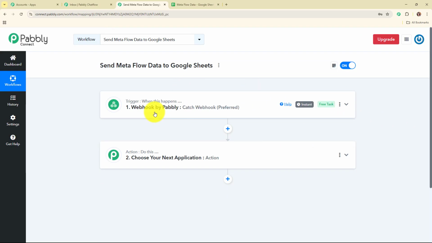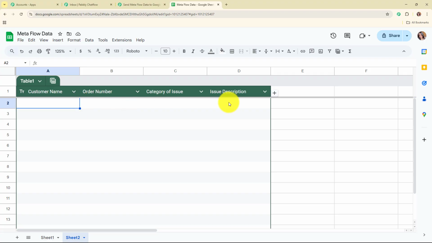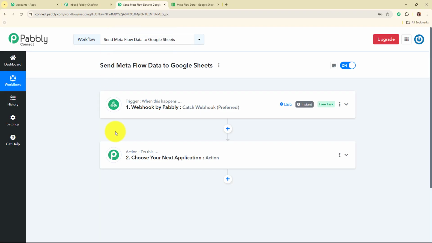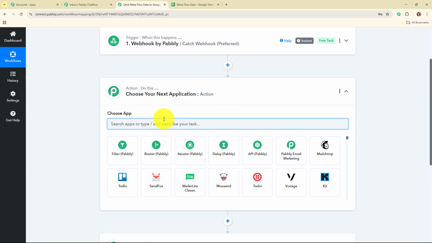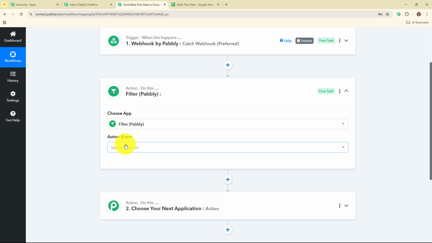So now here after capturing the response from Webhook by Pabbly, we are going to add the response in our Google Sheets under the specific table column. Alright, so before adding the details in our Google Sheet, I am going to add another action step over here, and here in this action step I am going to use a feature by Pabbly, that is Filter by Pabbly. So Filter by Pabbly is a tool that helps you sort through your data by setting specific rules. Think of it like a smart organizer that lets you choose which information you want to keep or ignore.